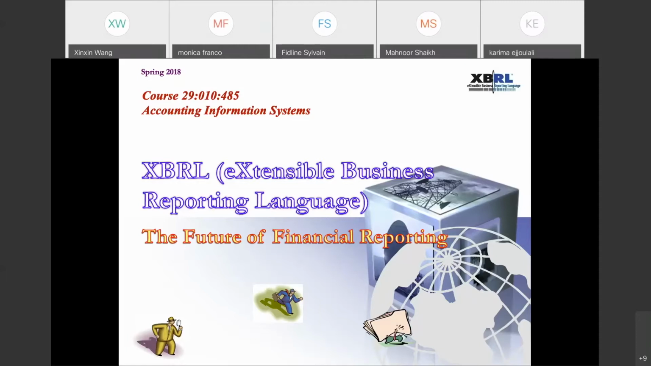It's called XBRL. It's short for the Extensible Business Reporting Language. It's similar to XML, which is a language based on the internet, or HTML, which is also the web page coding language. But this is for business scenarios, which is utilized by the SEC for their 10-K and